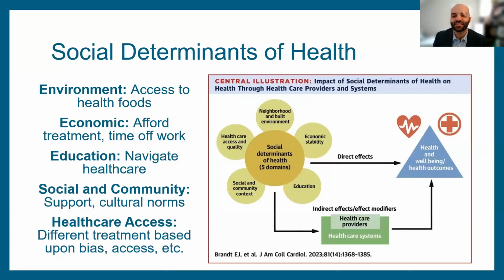While there are many different factors we need to consider in this process, one of them is social determinants of health. We know that the management of cardiovascular risk is not alone and can't be solved with just medications, right? We need to consider the environment and the access our patients have to things like food, the economics. Can they afford treatment? Can they take time off work, right? This is one that I've always thought about, and where the benefit of pharmacy comes into play is that although there are challenges with billing sometimes, it makes us a little more accessible to people, right? We can give them a quick call, check in on their lipids or their hypertension. What is their education? What is their ability to navigate healthcare?